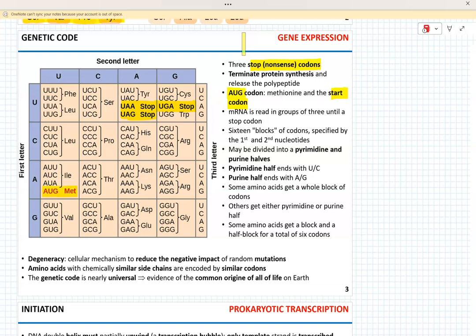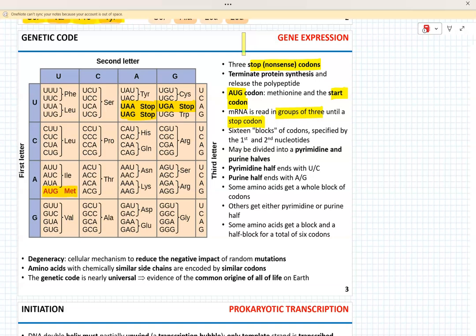It also encodes the amino acid methionine, and whether it serves as the start codon or as the codon for methionine is determined by the adjacent nucleotides, sort of the environment. So essentially, during translation, mRNA is translated by the ribosome, which reads every 3 nucleotides until it reaches the stop codon when the